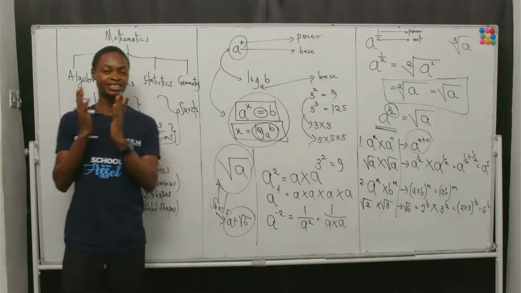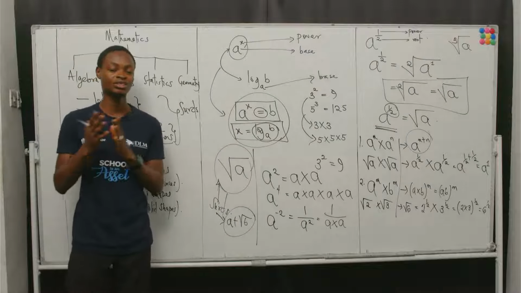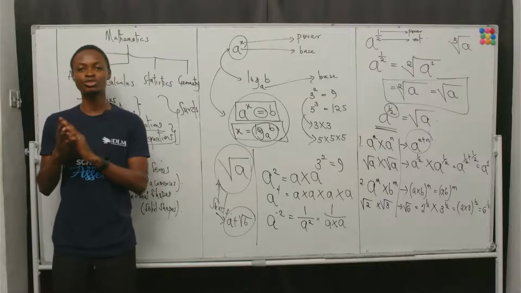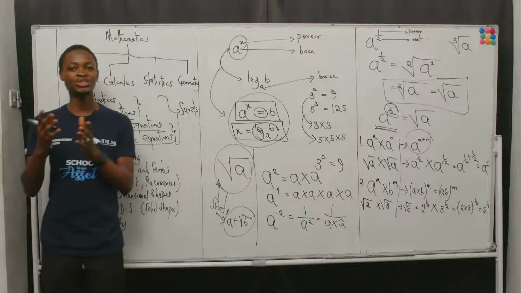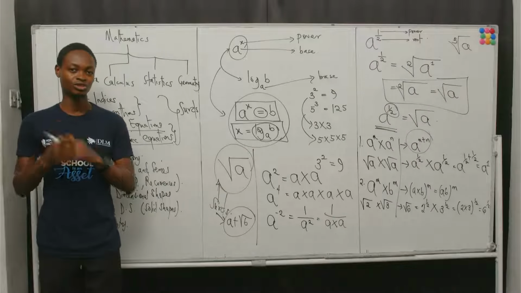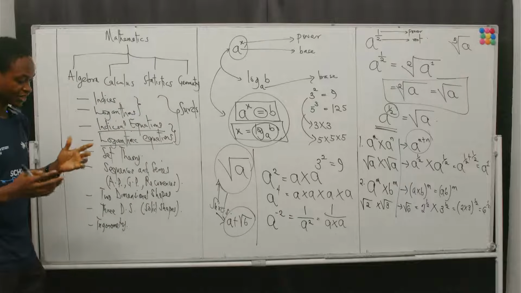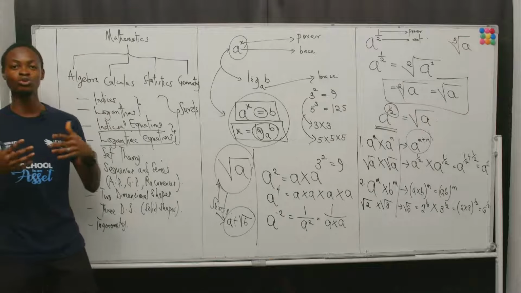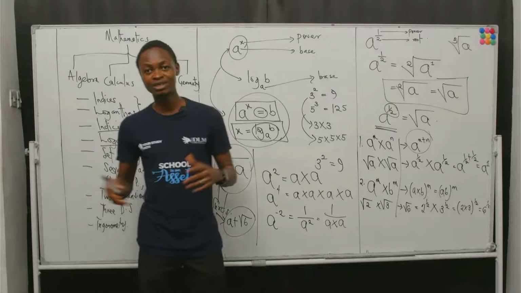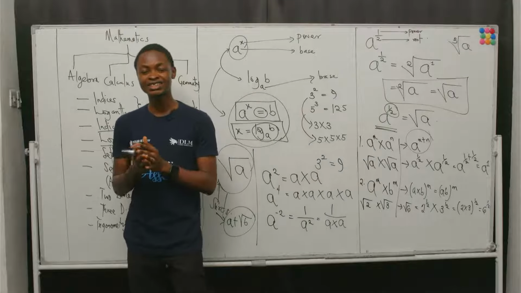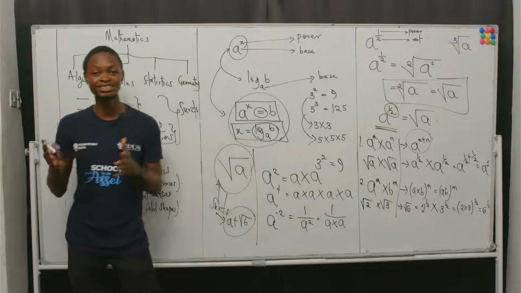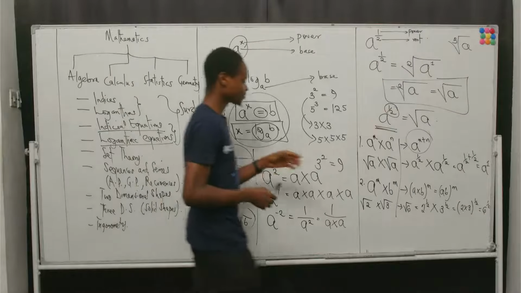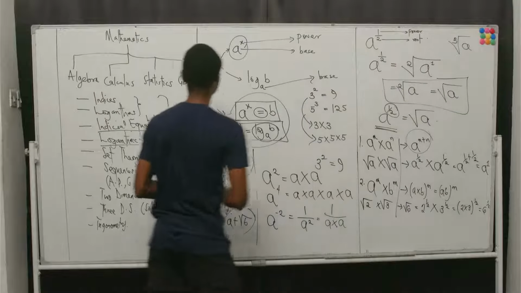Later on, we will take indices as a topic and consider all the 7 laws that guide indices, as well as consider surds as a topic and consider conjugation and rationalization as they hold true in surds. But that's not our focus today. As I've said earlier, the focus today is to show you exactly what we will be looking at in the course of mathematics and show you that they are simple concepts that you can easily get without any stress whatsoever. So let's proceed. The next thing that should come to our attention